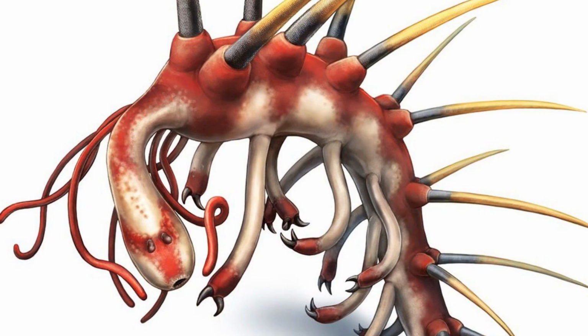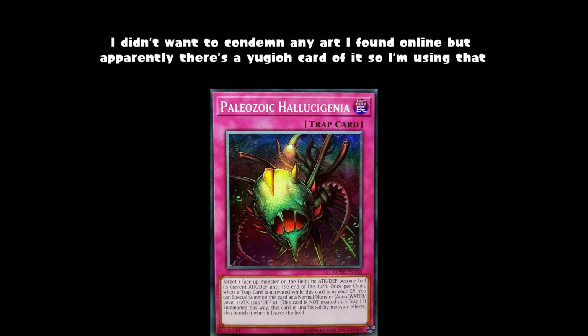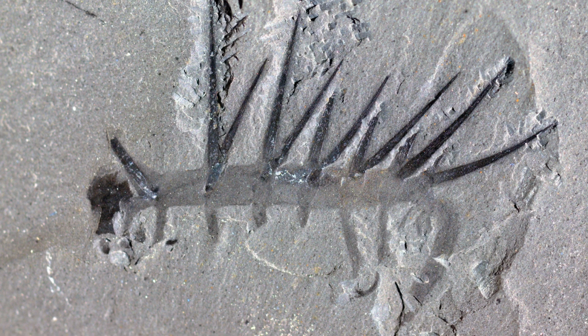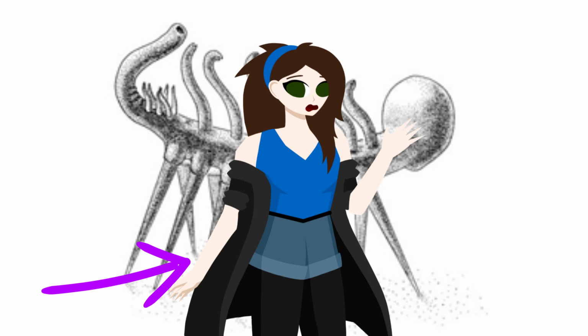First, Hallucigenia. Look at this fucking thing. It looks like a child drew it, and then the reference design was handed to a paleo artist with the note "good luck." This is what the Hallucigenia holotype looked like, and when it was originally reconstructed, these spines were interpreted as legs because creatures from the Cambrian were just that weird.